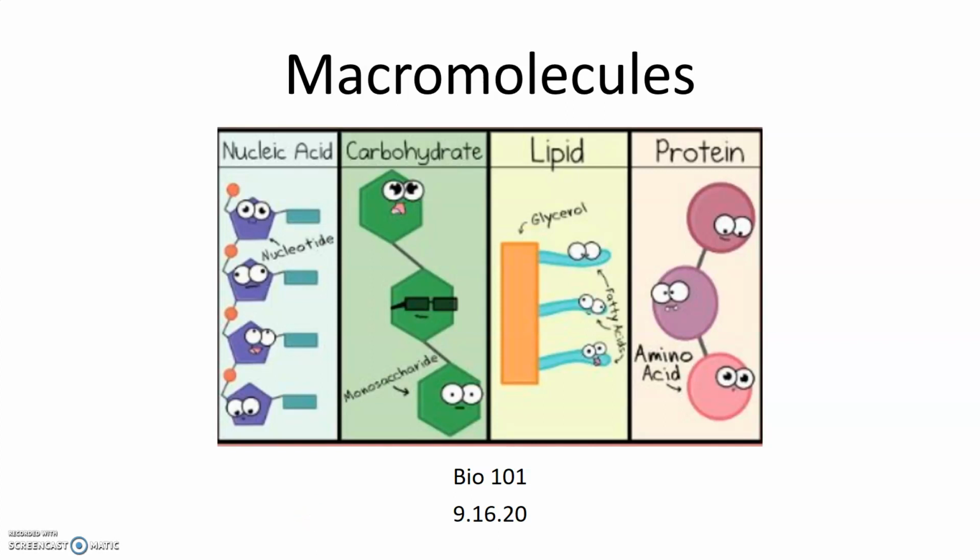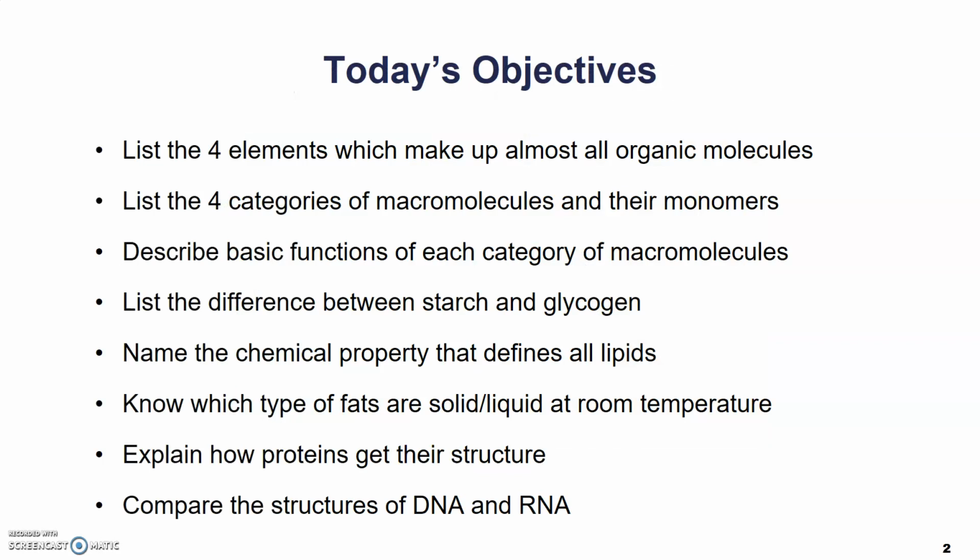This is part one of a lecture on macromolecules from Bio 101 from Wednesday, September 16th, 2020. In this lecture, we're going to talk first about the four elements that make up almost all organic molecules or macromolecules. We're going to talk about the four different categories of macromolecules, as well as their subunits or monomers. We're going to talk about some of the functions of each category of these macromolecules, and then some more specific details about both carbohydrates, lipids,